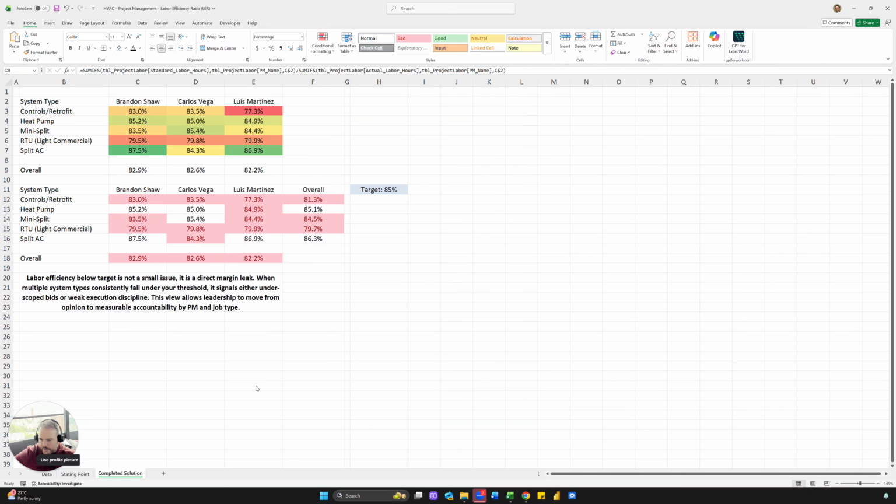So labor efficiency below target is not a small issue. It's a direct margin hit. And so when multiple system types consistently fall under your threshold, it signals either underscoped bids or weak execution. And so this KPI is going to show you how to move from an opinion to measurable accountability by PM